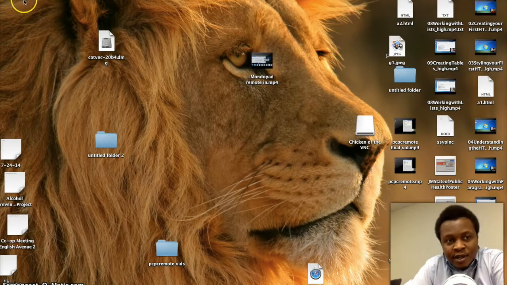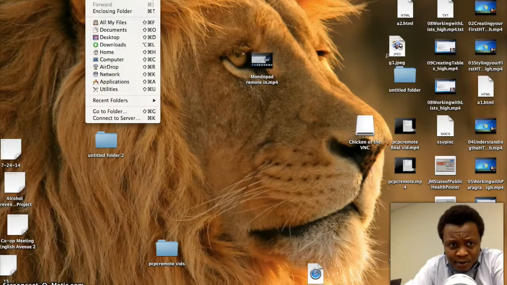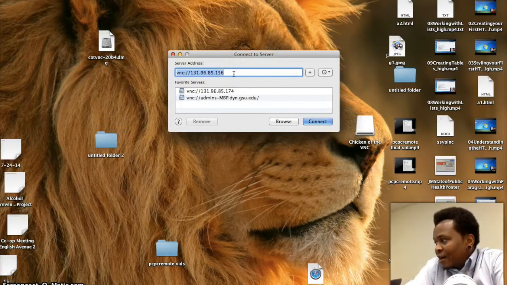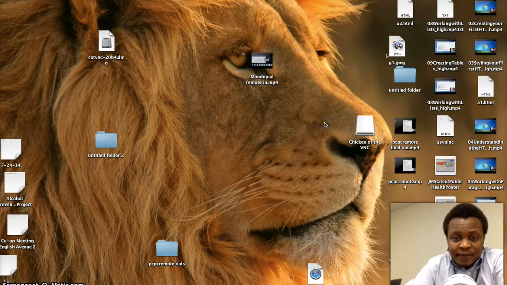We have to make sure that we're in Finder up here on the little white tab. We go to Go, under Connect to Server, and we've already actually got our IP typed in with the VNC :// and then the IP address. And we click connect,